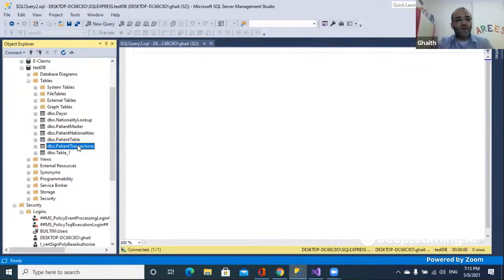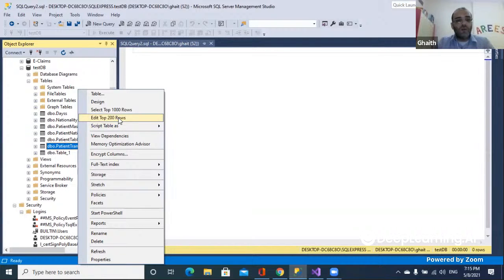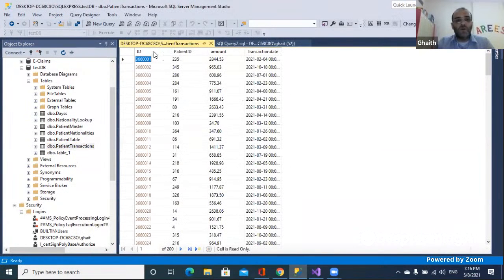Okay. And then we have patient transaction. The transaction, let's consider it as a visit to the hospital. Let's consider it as any kind of sales, anything that might appear according to the date. That means it's coming with a date and time stamp. Now here, what we have is the following: ID, patient ID, the amount. We consider it as a kind of receipt, the amount, and the transaction. This is the transaction table that we are going to use to collect some data to come as time